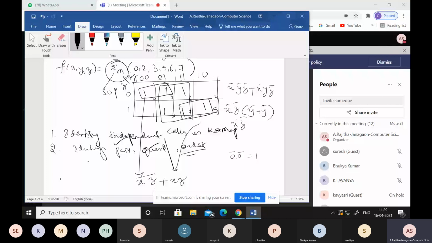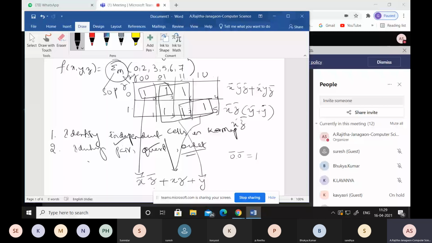Next, this one. What is this? Here this is 1, 1, 1, 1, so this is the quad. In this case, the common is 0, 1, 1, 1. So in this case 0, 1 means the x variable is different and the y variable is the common, so you can take the y variable. Coming to 0, 1, both of these two are different. Then next, this is the minimum term.